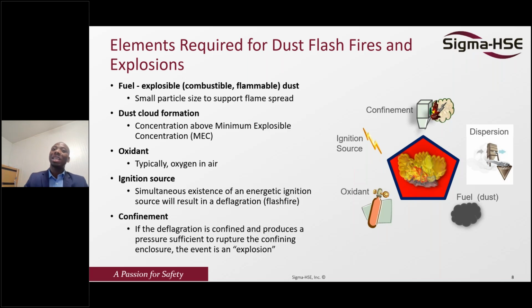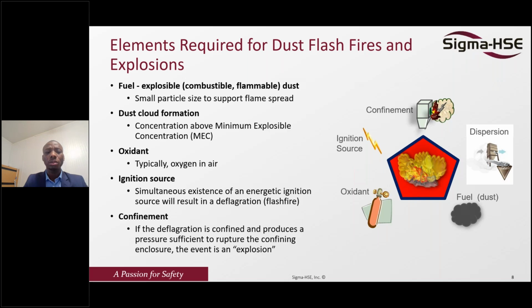So just to understand, fire is when you have the fire triangle, you can burn the material. Flash fire is when you have the dust released in the air without any confinement. And if there's a confinement with enough energy, then you are going to get explosion. So just to understand this mechanism between the fire, flash fire, and explosion when it comes to combustible dust. You need the confinement, you need ignition, you need fuel and dispersion for a complete combustible dust explosion to actually occur.